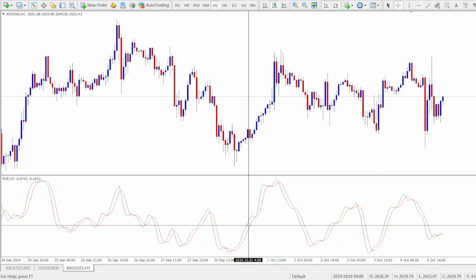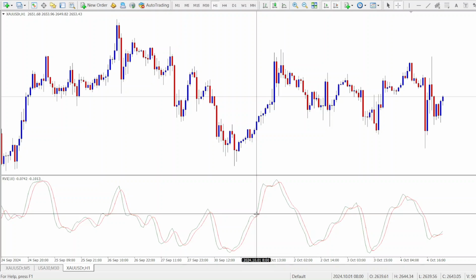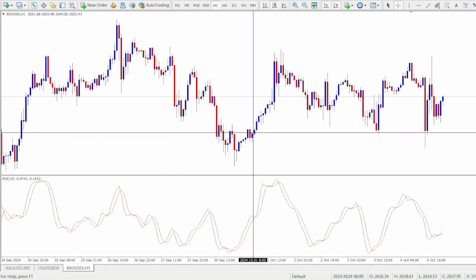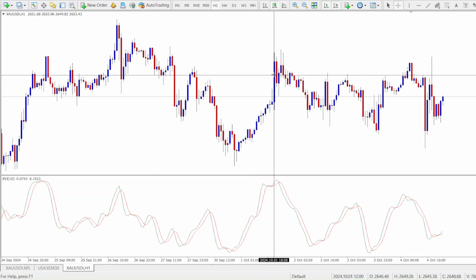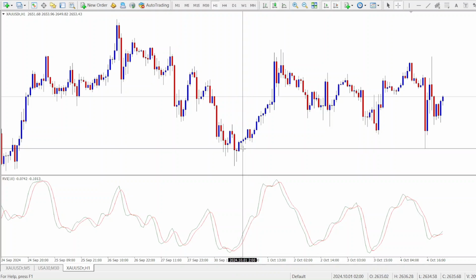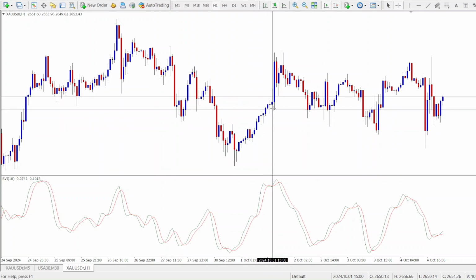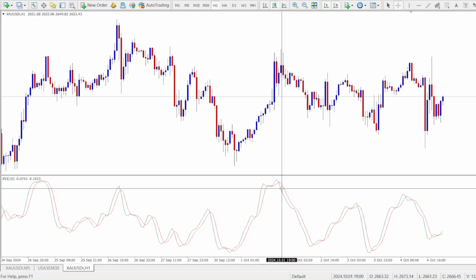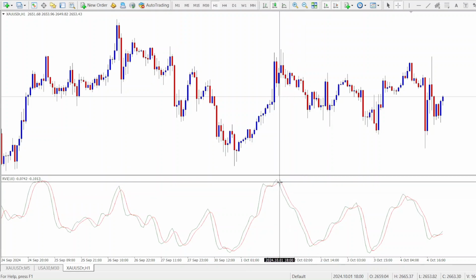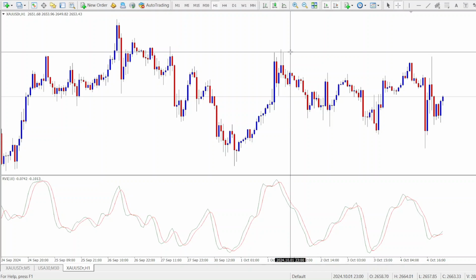Then whenever the RVI line crosses above the zero line, it shows that there is significant bullish momentum. As we can see, from this point all the way up, the bullish move was quite strong, right? But after this bullish crossover, we could have decided to enter a buy trade around here, and our stop loss could be below the swing low, and then our take profit level could be at the opposing signal from the RVI. That is when you see a bearish crossover. This could be one of the ways to exit, or you can decide to use resistance levels to exit your